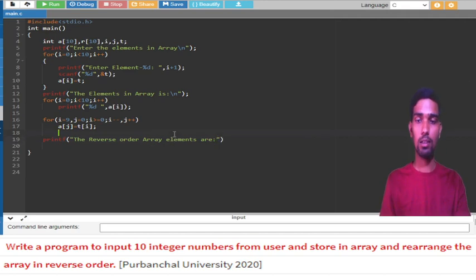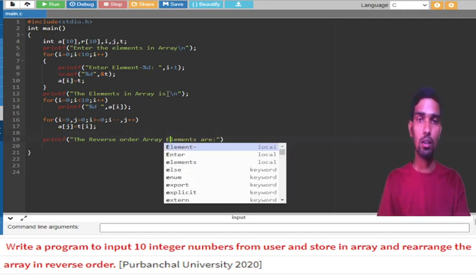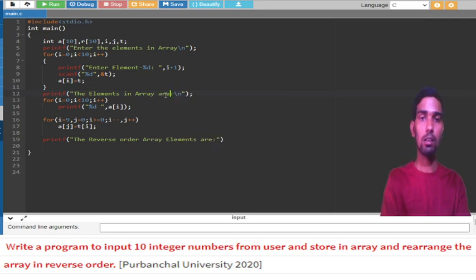Make it grammatically correct also. You can write anything, guys. Also let me make it r. And I will go for a new line and I will print them.